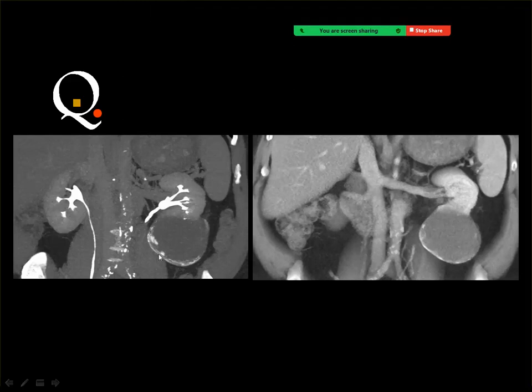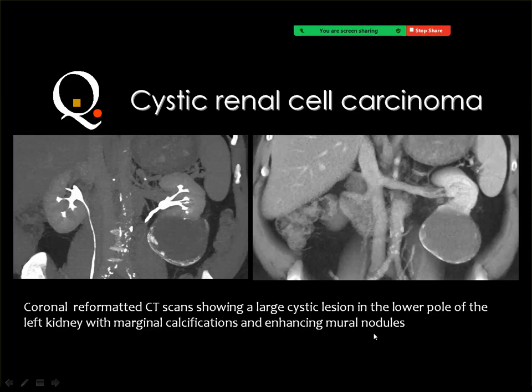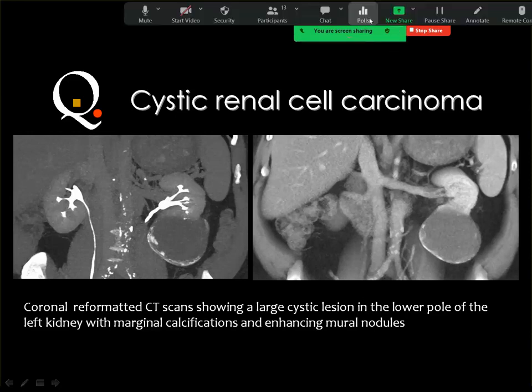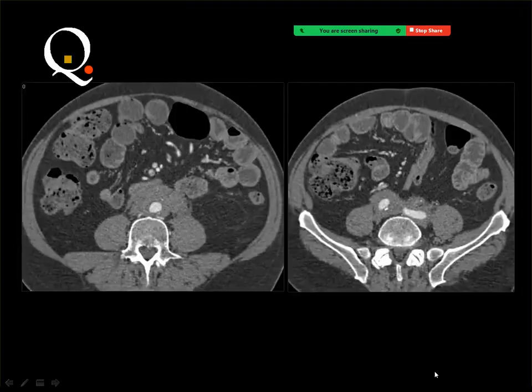Okay, of course, this is not a simple renal cyst. It is atypical renal cyst, and it shows some enhancing mural nodules, especially in its inferior part. And the presence of mural nodules in cystic lesion indicates that this is carcinoma, and that diagnosis will be cystic renal cell carcinoma. Next case is a CT scan after contrast